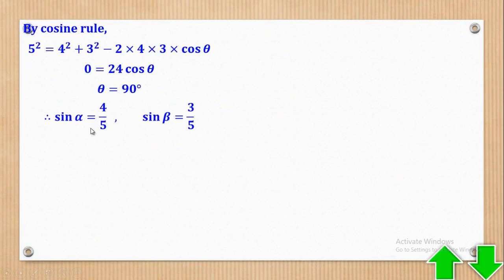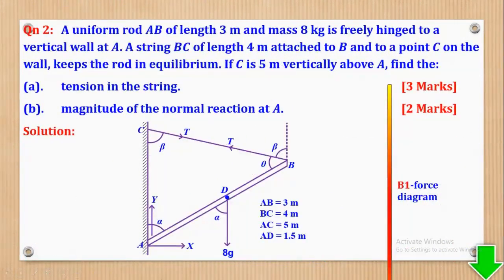So when it is right angled at B, it means that sine alpha is equal to 4 over 5 and sine beta is equal to 3 over 5. Why? Because sine is opposite over hypotenuse. So when we go back here,